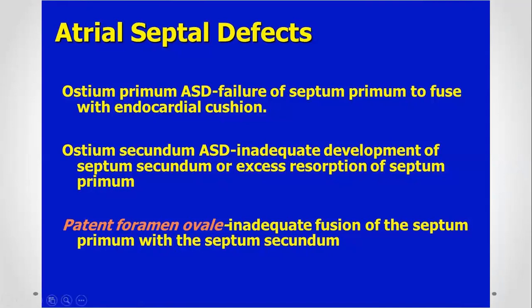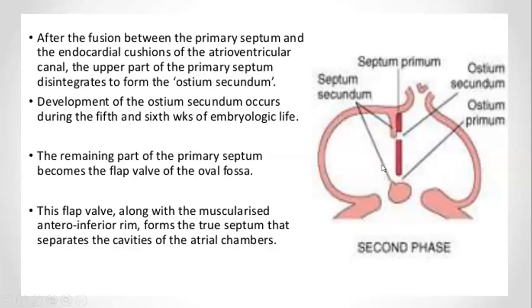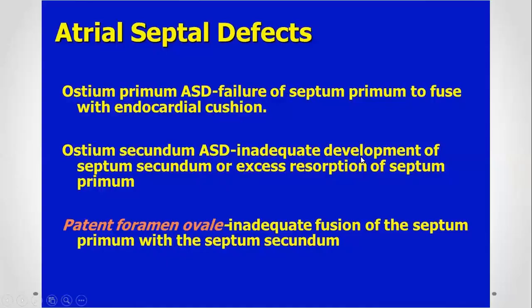Then it leads to a condition called the atrial septal defect, which in layman's terms is called the hole in the heart. So that is nothing but the atrial septal defect. Because in the atria, the septum, the interatrial septum, forms here. If there are defect openings present, then it leads to atrial septal defect.